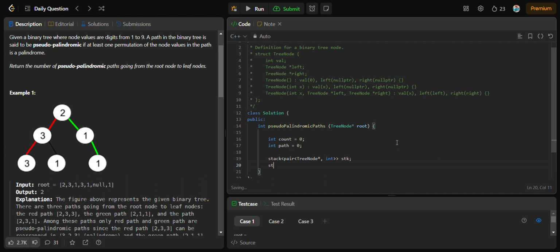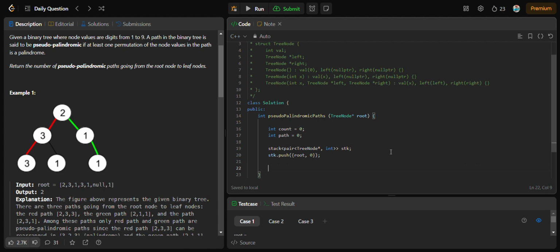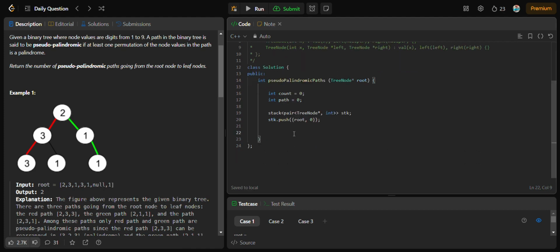Then first we will push the first element, root node, and assign it to 0. Then with the help of the stack we will traverse. So while the stack is not empty,